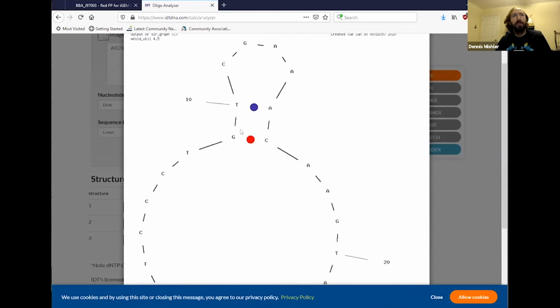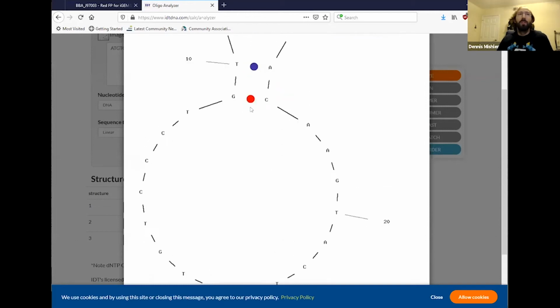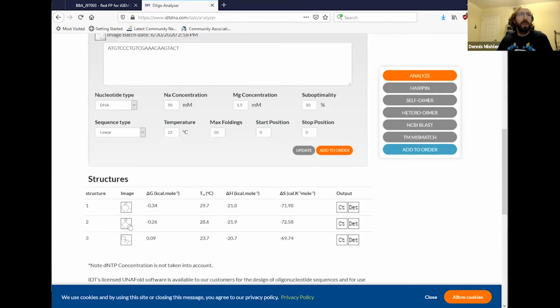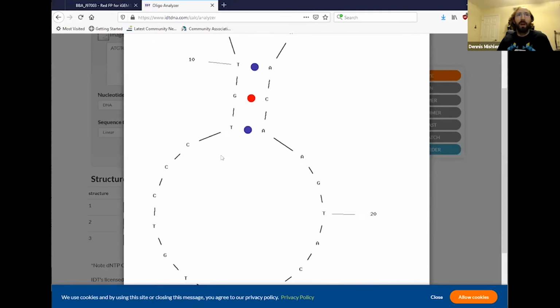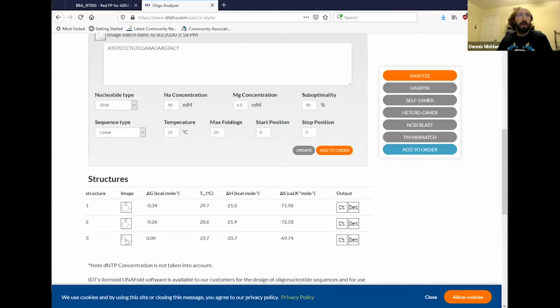Here, the circles are base pairs, and that indicates more structure within the primer. If you have a lot of that, that's bad. 2 is not a big deal. 3 is not a big deal. So none of these sequences here are really of a concern. But you can see the different structures. Just click on it. The other thing it does that's really useful is it gives you an estimated melting